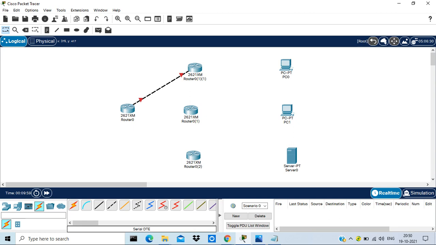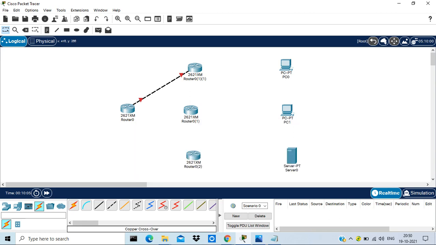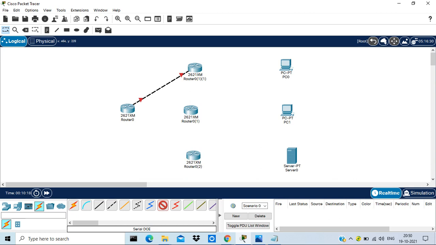Okay, so since this router is of the head office end, we can take this DCE. I'm clicking on this DCE, and let's say I'm the system administrator of the head office.